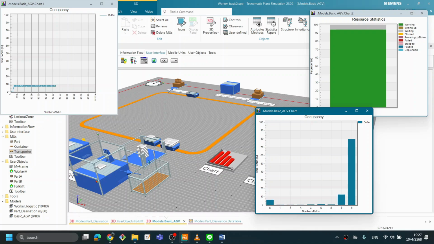Because the buffer can keep parts inside with a maximum capacity of 8, right? Maximum is 8, and after that, other parts could not fill into the buffer. And the part waits for the machine to get the part to process, it produces something, finishes, and okay, a new one comes in again, right? That means